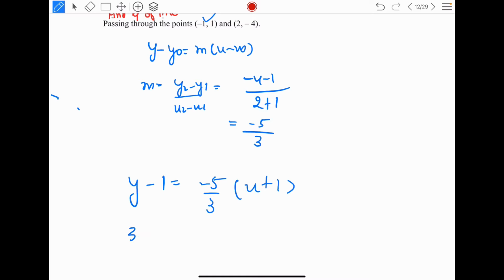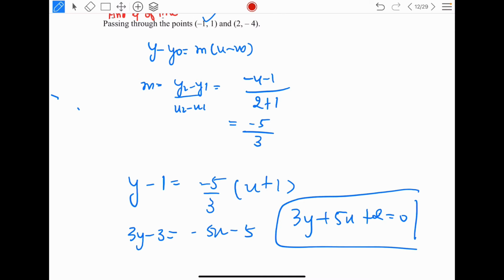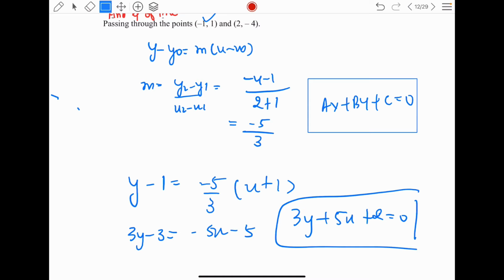Solve this. It is going to be 3y minus 3 is equal to minus 5x minus 5. So 3y plus 5x minus 3 plus 5 plus 2 is equal to 0. That's your equation. I repeat again, any equation you start with has to come out in the end in the general form. You have to present your answer in this form, except for certain very specific cases, and until and unless in your options, if it's a multiple choice, this is given, you have to wind up with this form only. So solve and bring it to ax plus by plus c is equal to 0. You'll get it. Fine, simple question.